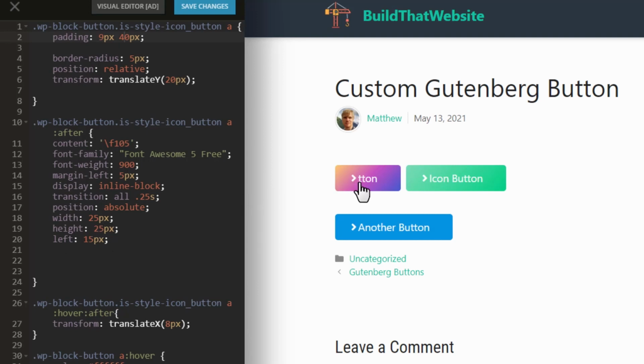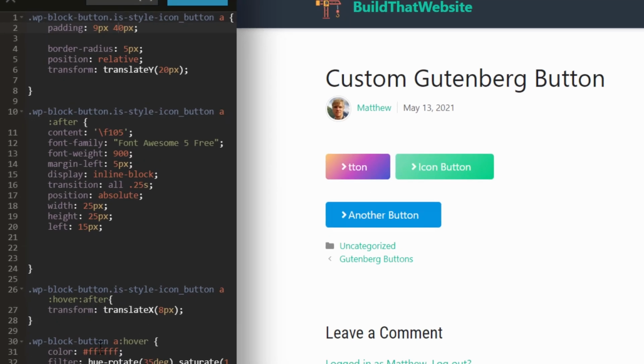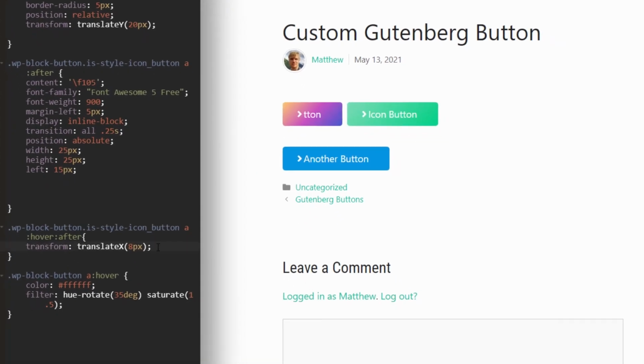And what I want to do is move the icon all the way across, and then maybe give it a background or a color or something fun. So how are we going to do this? On hover, instead of this translate property, we're actually going to adjust the left property so it can be animated all the